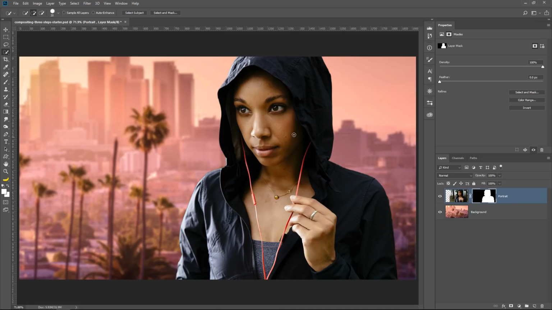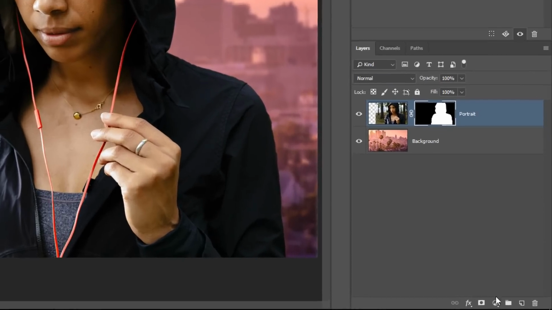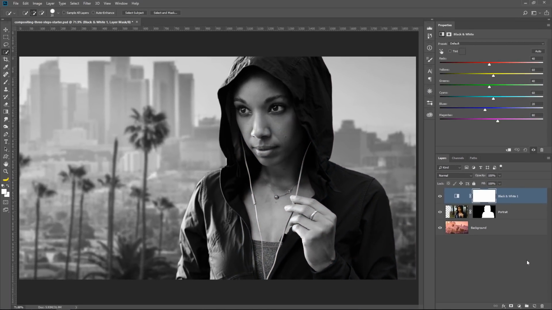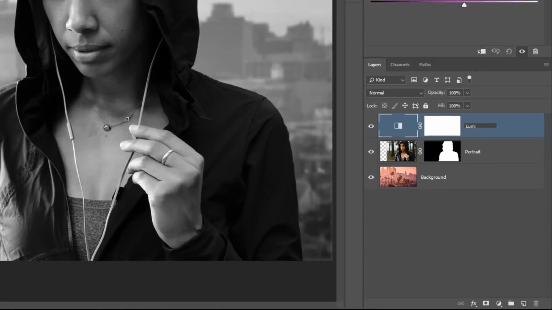So for this composite to look realistic, we need to match luminosity, saturation, and color. We're going to start with luminosity. The first step is to create a black and white adjustment layer, which of course desaturates the image, so we're only looking at the luminance values. And this is going to be a luminosity check layer, so I'm going to call it just that, luminosity